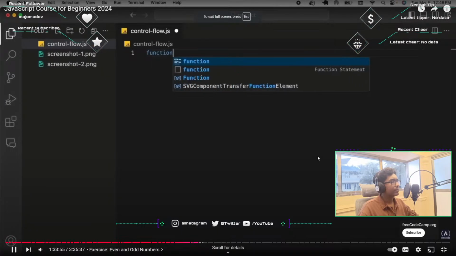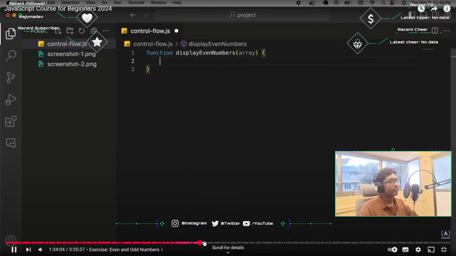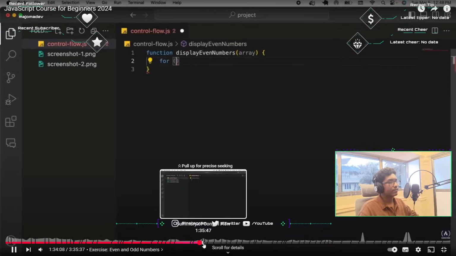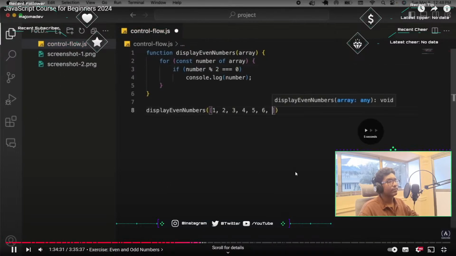So let's implement our function. We'll call it function, and I'll call it display even numbers. And I'll just call it array as the name of the parameter variable. Now what I want to do is utilize a for loop. Since it's an array, I can use for, and I'll say const number of array. Then I can check if the number is divisible by 2 by using the modulo operator, by using the not